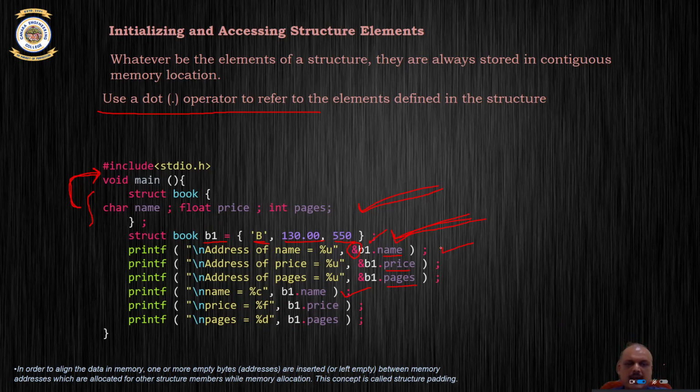So you can print out the address of the element using the ampersand operator and the dot operator, or you can basically print out the values in each of these elements of the structure as well. Mind you, when you look into these memory locations that have been printed out, take into account that similar to that of an array, these elements are stored in consecutive memory locations.